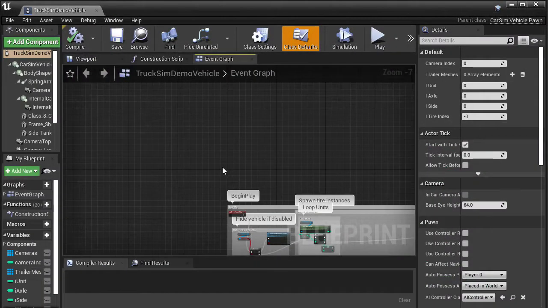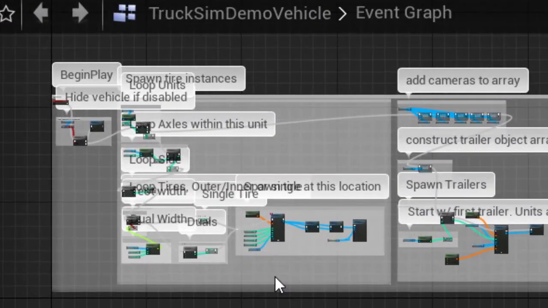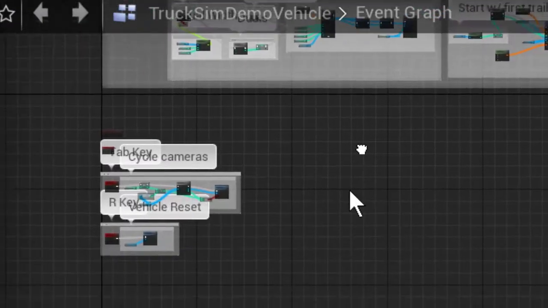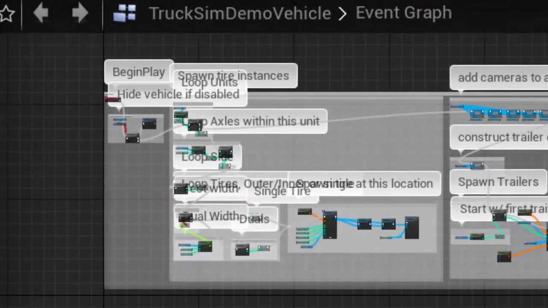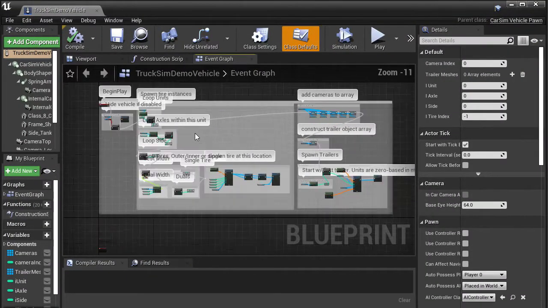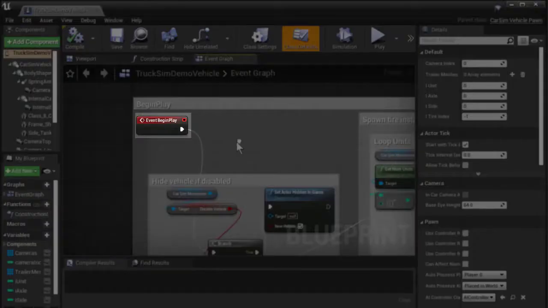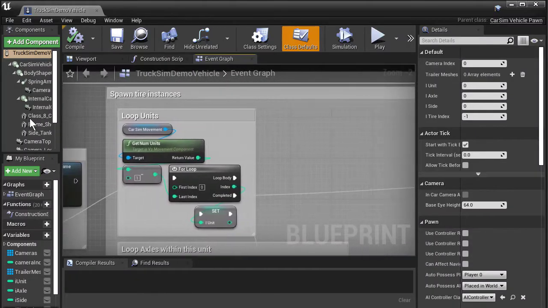If we pan out with the mouse wheel, you can see that there are a lot of moving parts here. Each box represents an event, function call, or data. The lines between the components denote the flow of data or execution path. You can use the C key to create an outer comment box for better organization. The leftmost red boxes represent incoming events that are invoked from outside of this module. Let's review these real quick.